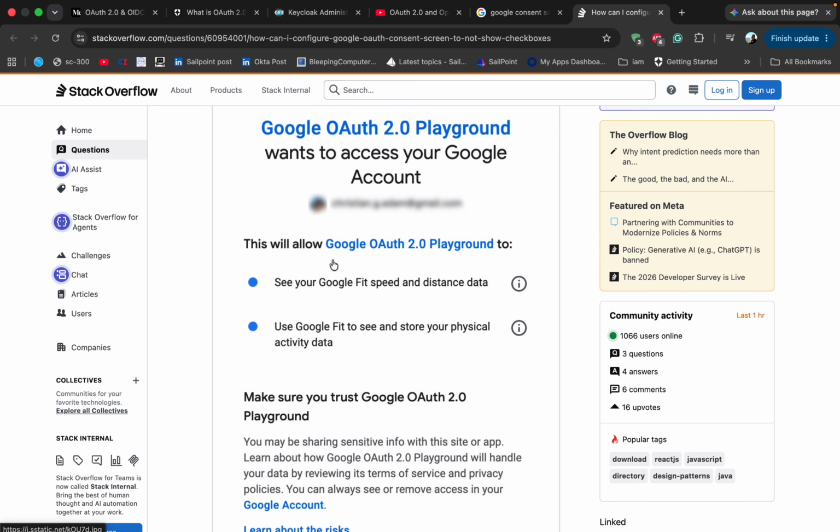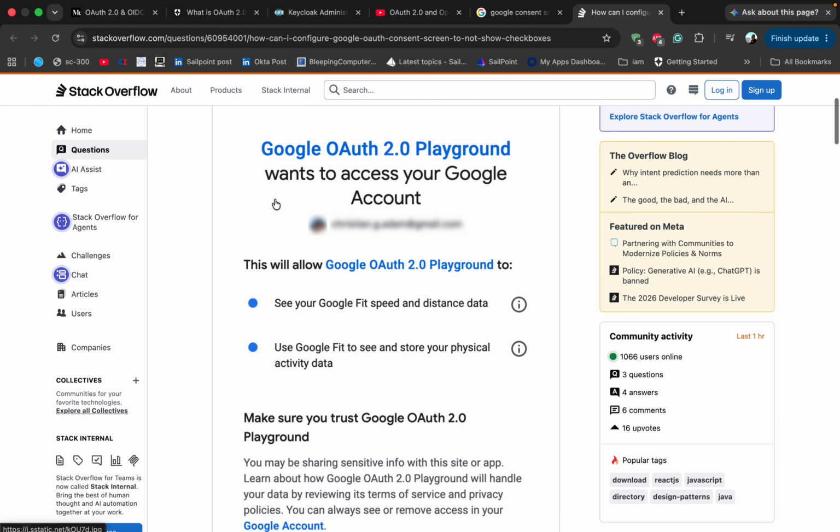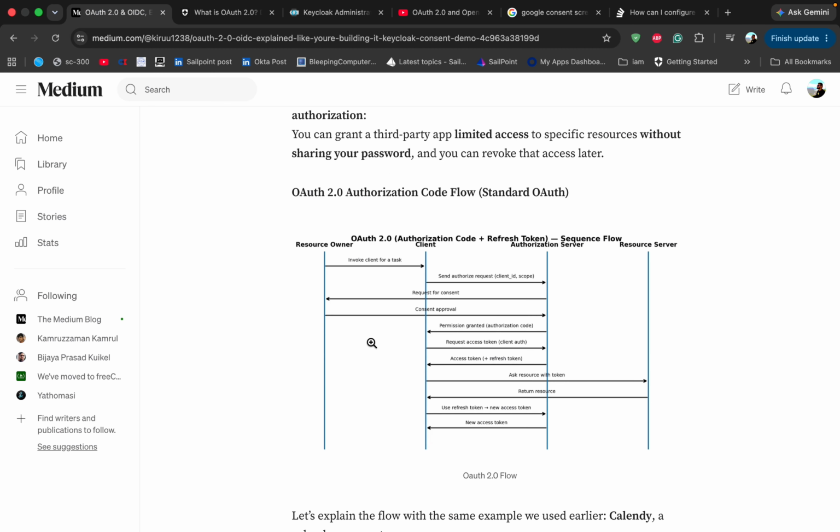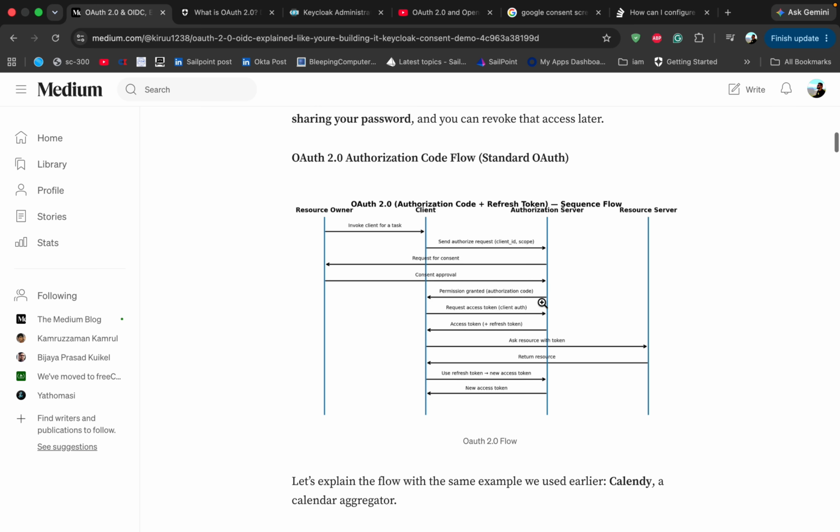It's like this: login with, sign in with Google. So this will be the consent screen that will be prompted for us. After we consent for that access, the authorization server will give the authorization code. I'm talking about the authorization code flow on OAuth. There are lots of flows, I'll explain it later. So the authorization server responds with the authorization code to the client, and the client will